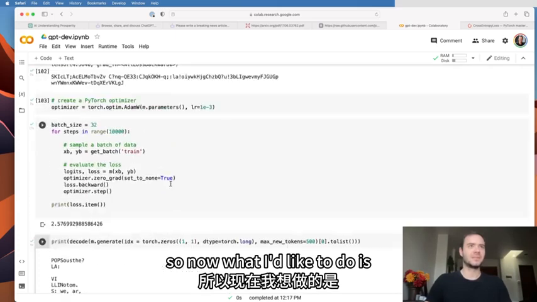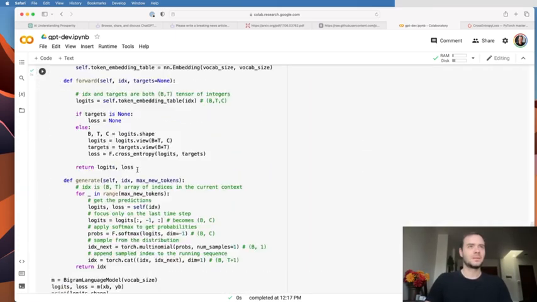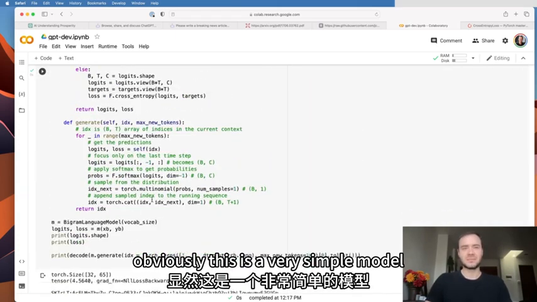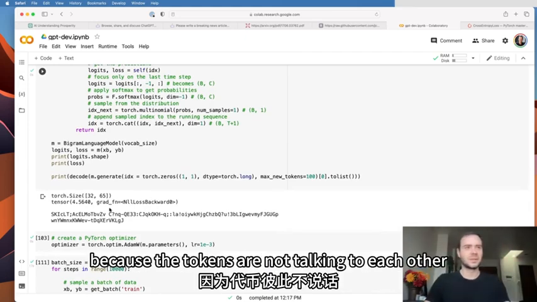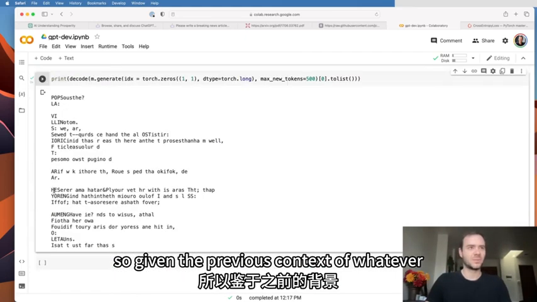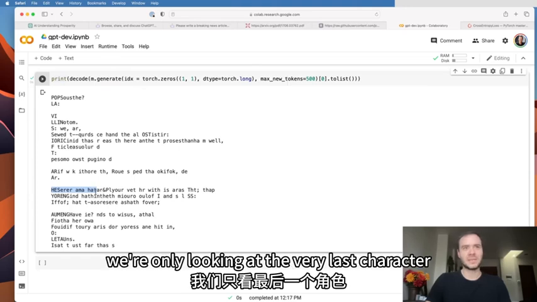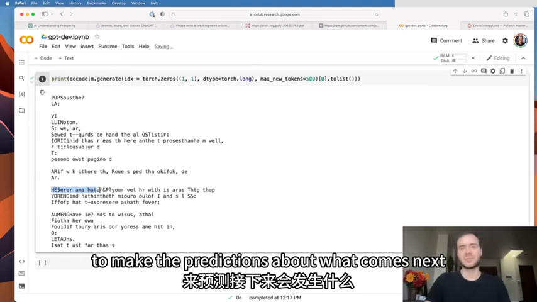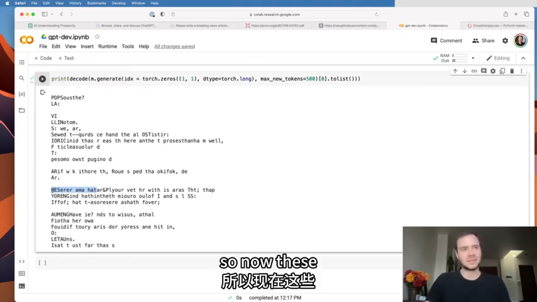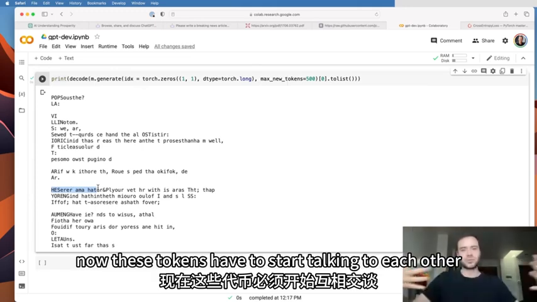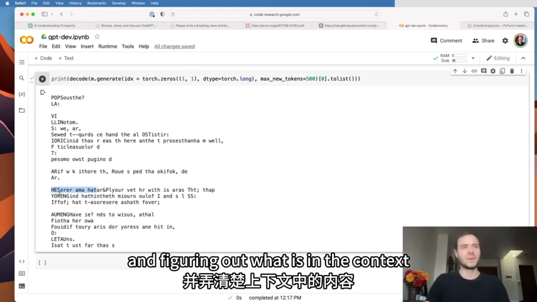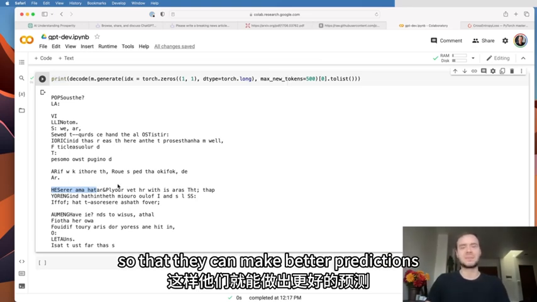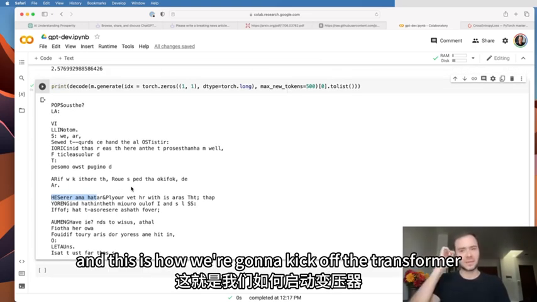So now what I'd like to do is, obviously this is a very simple model because the tokens are not talking to each other. Given the previous context of whatever was generated, we're only looking at the very last character to make the predictions about what comes next. So now these tokens have to start talking to each other and figuring out what is in the context so that they can make better predictions for what comes next. And this is how we're going to kick off the transformer. Okay, so next